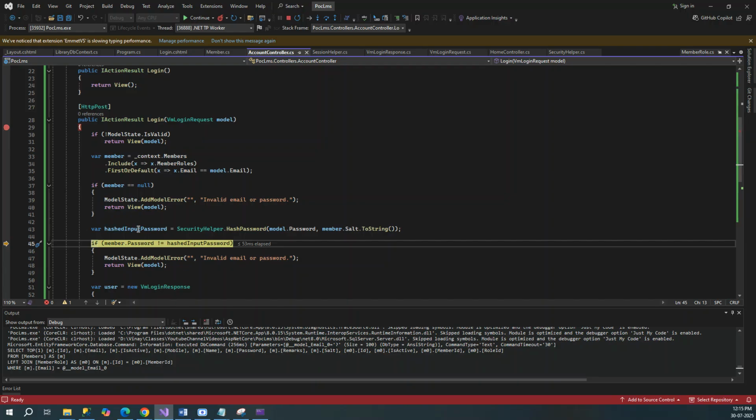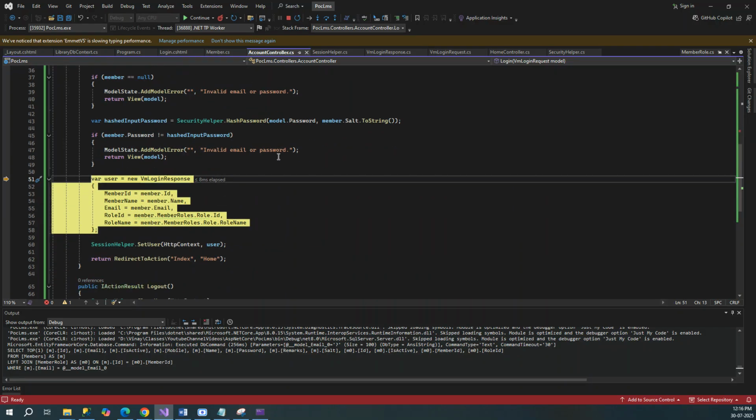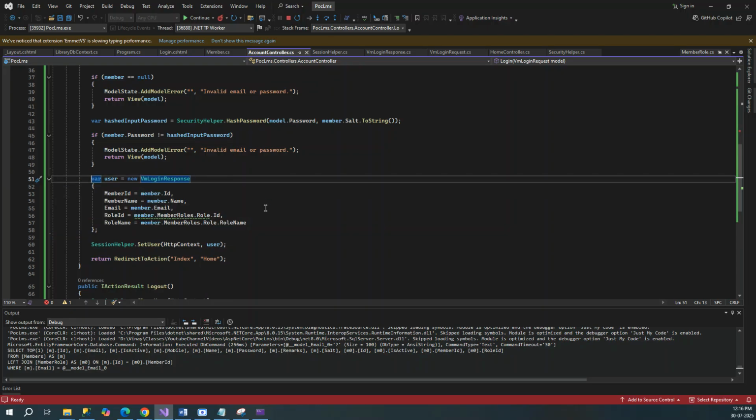Now over here, we have brought the password that we have in member dot password, what we have in database, and we have calculated the password for the model, right? So we are comparing both passwords, what do we have in database, and what password we are hashing over here in the code using this hash password method, right? So if they are good, okay, so they were equal. If they are not equal, then invalid username password should have been given there, right? So this is good. So let me go ahead and